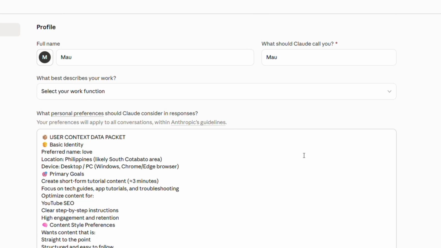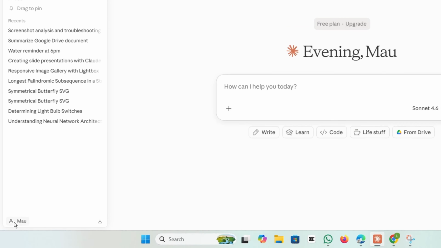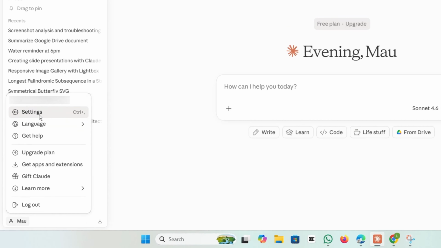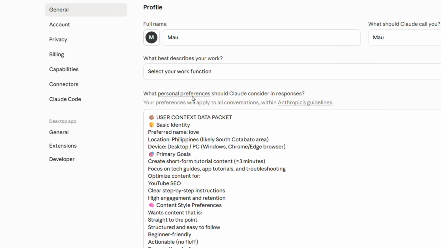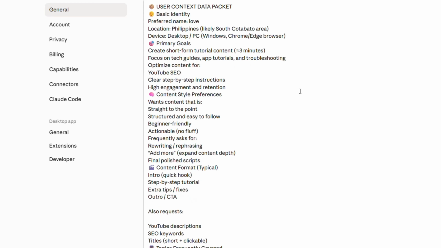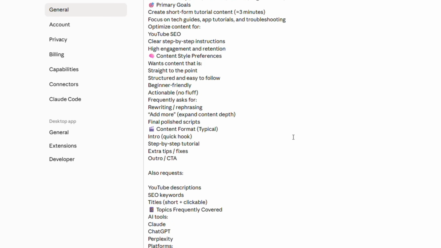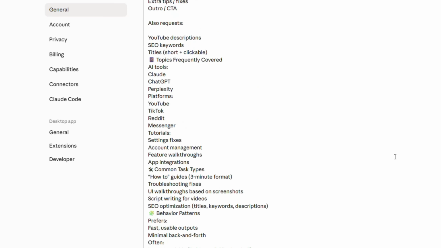And that's basically it. That's how you can import ChatGPT data into Claude AI. So again, you need to go to your profile icon at the bottom left, then go to settings, go to general, and head on to what personal preferences should Claude consider in responses, and just paste all the text in here, or all the details, and just tap on save